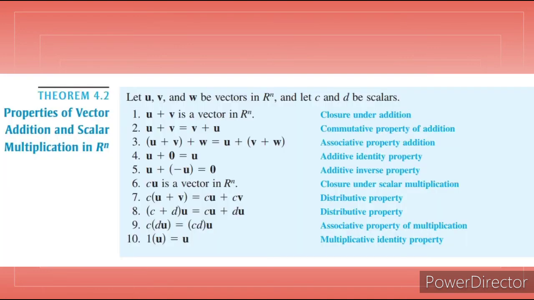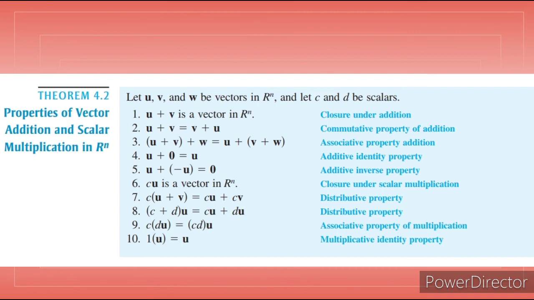Also, the vector addition and scalar multiplication for vectors in n space have 10 properties. The following properties are the same as those listed in Theorem 4.1 for vectors in the plane. Using these 10 properties from Theorem 4.2, properties of vector addition and scalar multiplication in n space, we can perform algebraic manipulation with vectors in n space in much the same way as you do with real numbers, as demonstrated